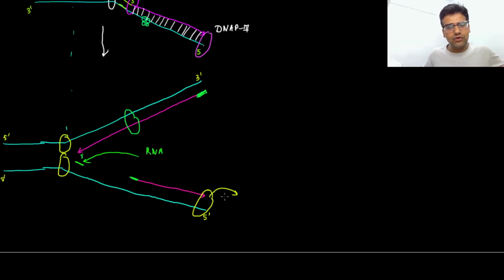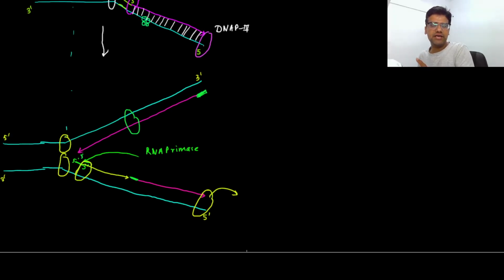After every short interval of time there will be RNA primase and it will synthesize 5 prime to 3 prime primer, RNA primer of course, and then there will be binding of DNA polymerase again. So now the DNA polymerase can bind here. So DNA polymerase bind हो गया यहाँ पे, and this polymerase DNA causes the polymerization। इस पॉइंट तक आगे का DNA पहले से रेप्लिकेट हो चुका है।